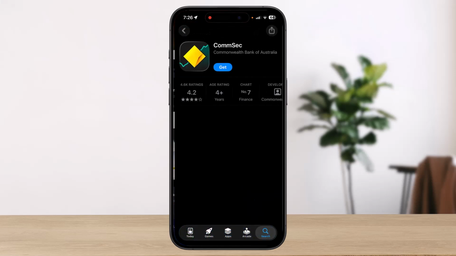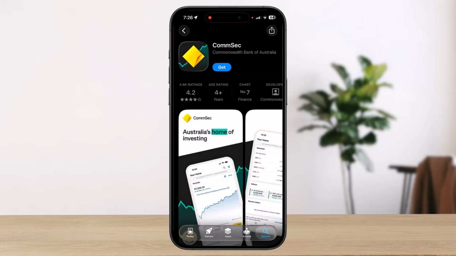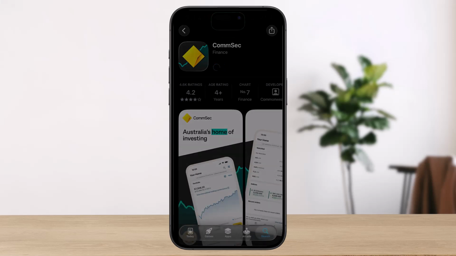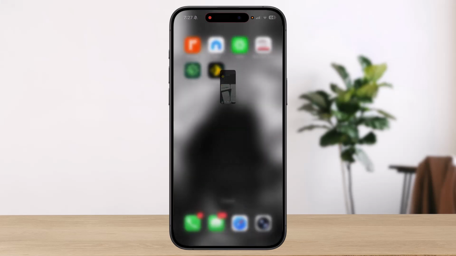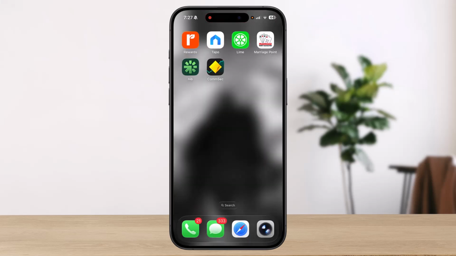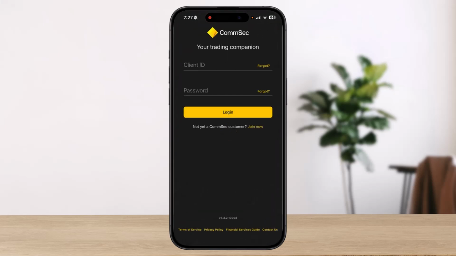Now it will take you to this app right over here, which is the official app of Commonwealth Bank of Australia. Simply tap on the option Get. Now once you've done that, it will simply start the downloading process of the app. Now wait for the app to be downloaded, and once you've done that, simply open the app